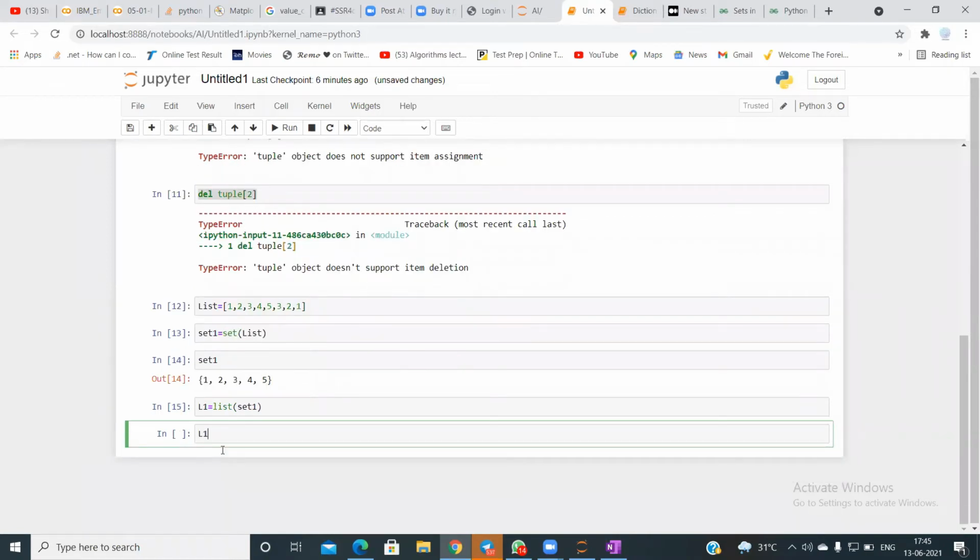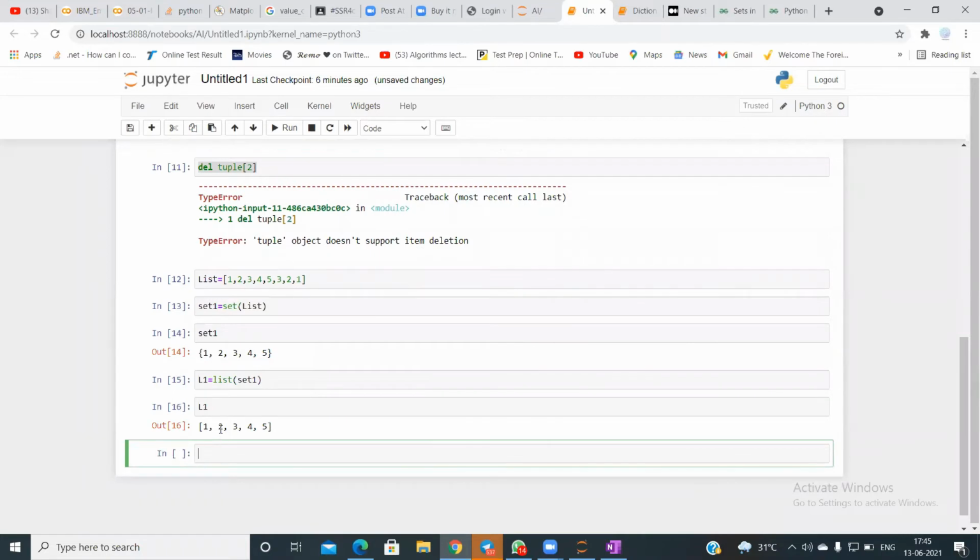You get a list with only the unique elements. So you need to remember that if you want only the unique elements from your data, then you use a set.